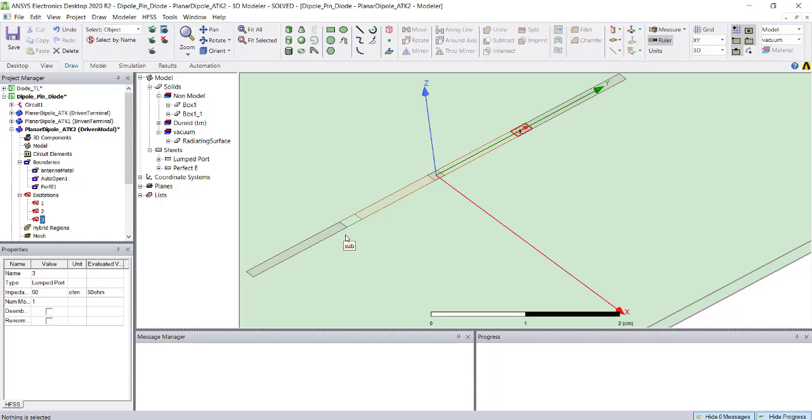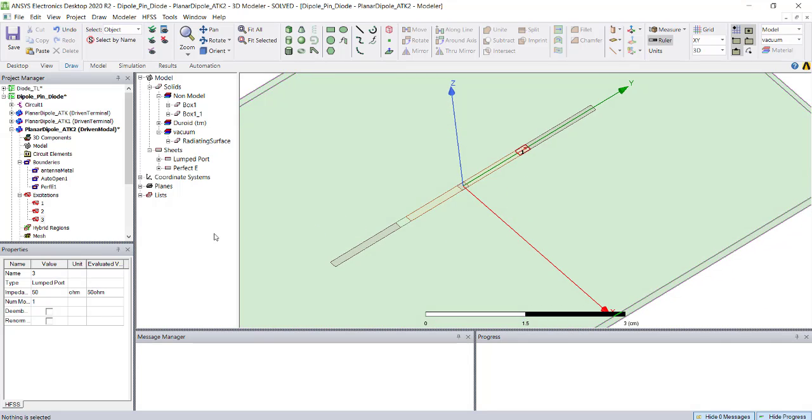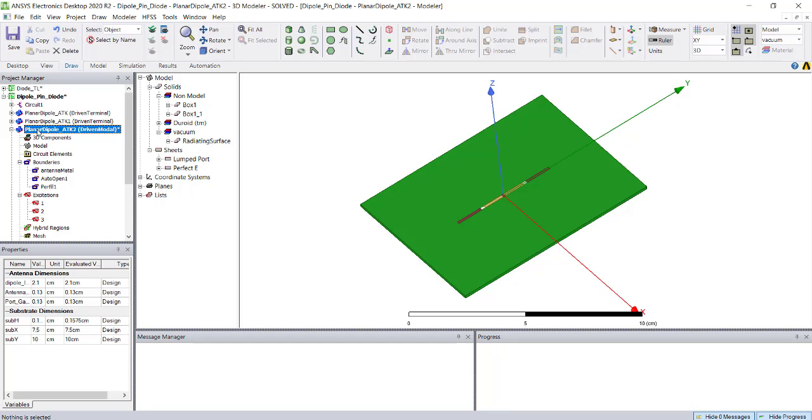But you need to understand one thing. In the earlier transmission line model in part 1, we had a common reference ground where all the ports were connected to ground. But here it's not the case. For a microstrip line or rectangular patch antenna, if you need to connect ports, you probably need to connect it something like this. Sometimes you won't be able to have a ground under the port. We don't have any other metallic area for this diode, so this is how we can approach the simulation.